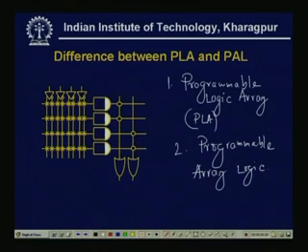So far we have discussed where both the AND plane and OR plane can be programmed. That means, given some n input lines or 2n number of columns in the AND gate, and say the different product terms can be p, then the AND plane size is p by 2n,